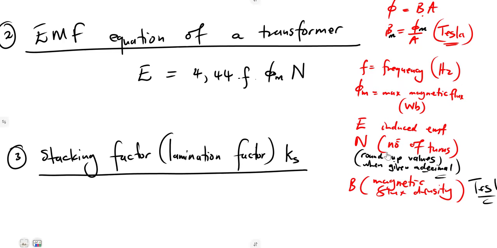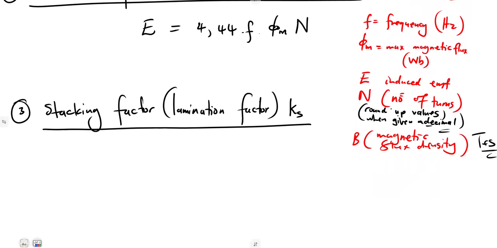All right. So that is given as Ks, where Ks, the staking factor, is equal to the maximum flux over B times A, the magnetic flux density times area. So it's a constant, it's a factor. This one is a constant. So meaning to say,